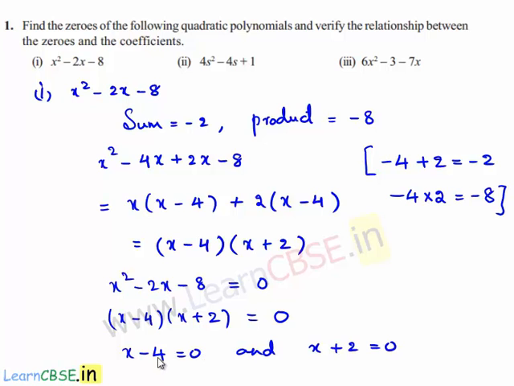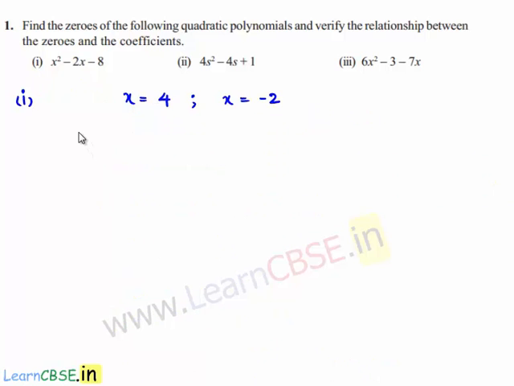So transposing -4 to the right hand side, we will be getting x is equal to 4, and transposing +2 to the right hand side, we will be getting x is equal to -2. So the zeros of the given polynomial are 4 and -2,